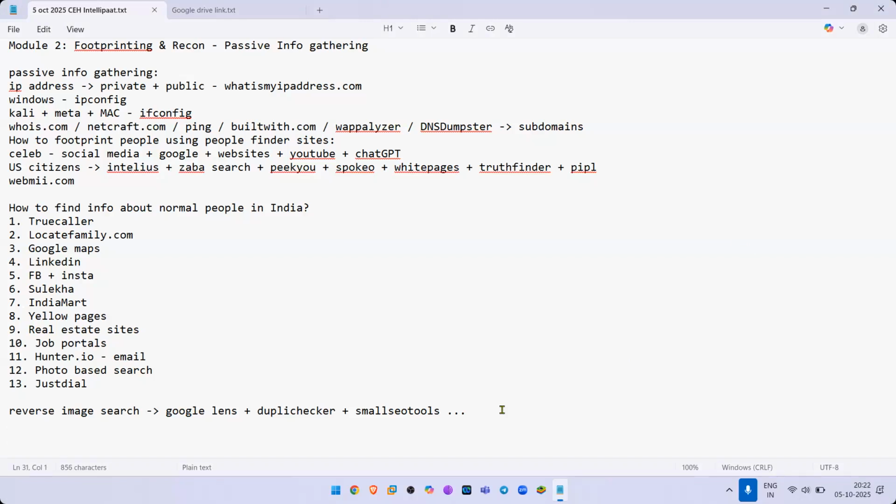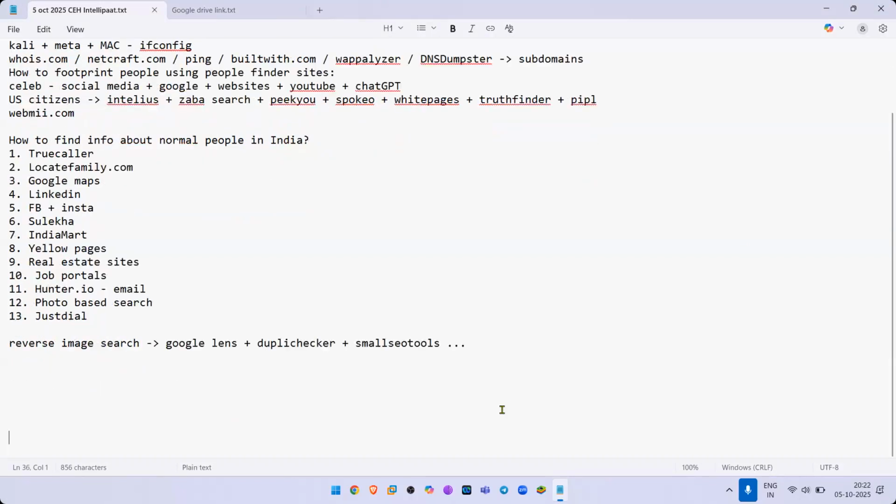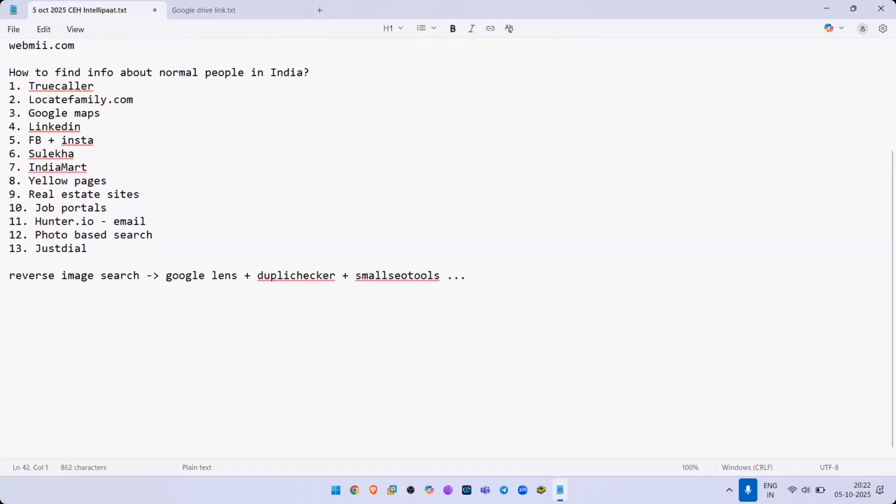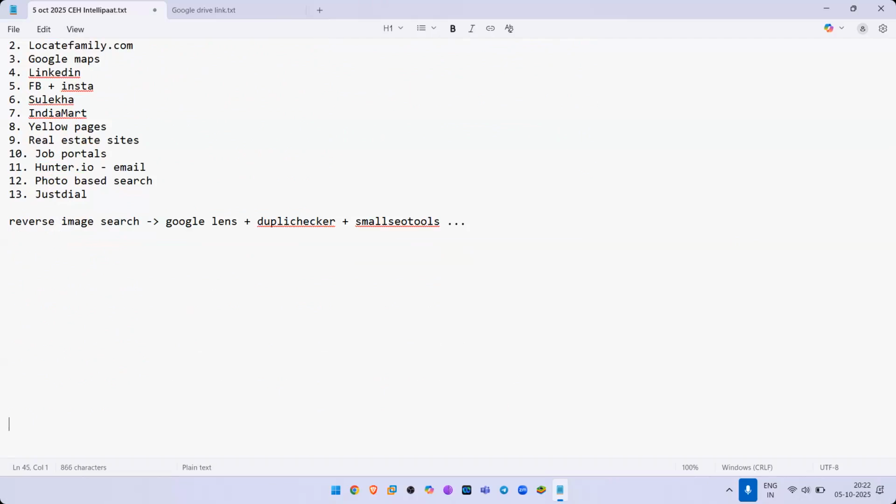Let's look at, so reverse image search done. All right, now what else is possible? You are still doing information gathering about a person. So now, what if somebody has uploaded some content on YouTube? What is the origin of the content?